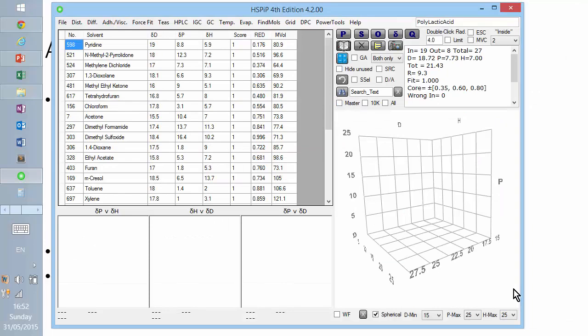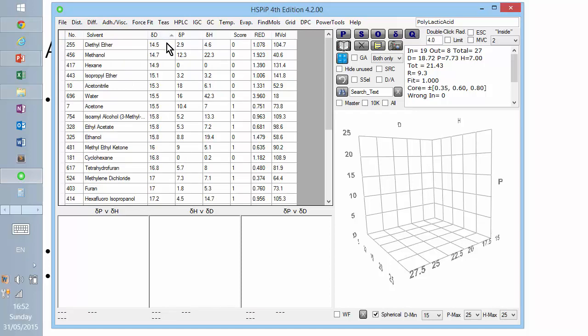So I have here HSPiP, Hansen Solubility Parameters in Practice. It's software I've written. It's very good software, but I'm not here to sell it. I'm using it to describe HSPs. We have a bunch of solvents, for reasons I'll describe in a moment, and each of them has three parameters, dD, dP, dH. And if I click on the top of the dD column, it sorts them from low to